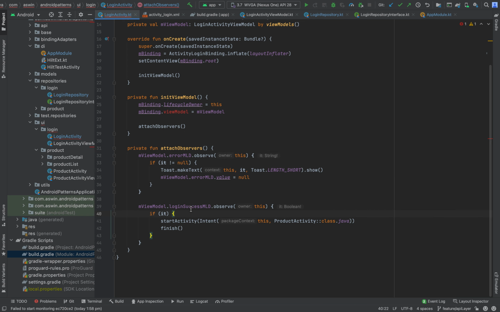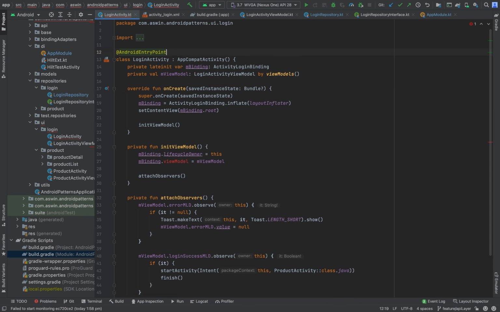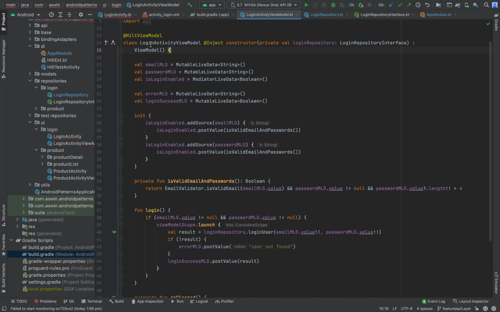And inside login success mutable live data, if it is set to true, then we will be navigating to our next screen. We also need to annotate login activity with AndroidEntryPoint to let Hilt create a container for this activity, and this will provide the required dependencies to the view model.